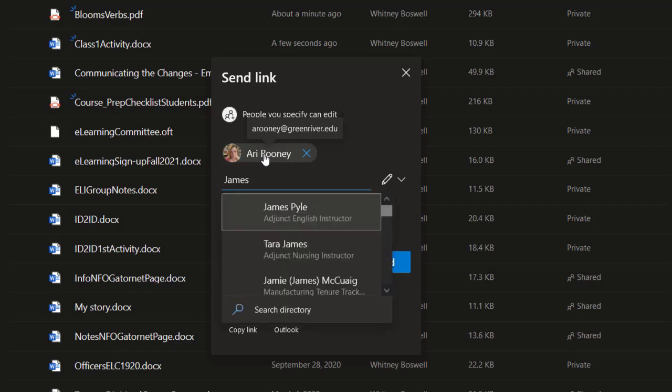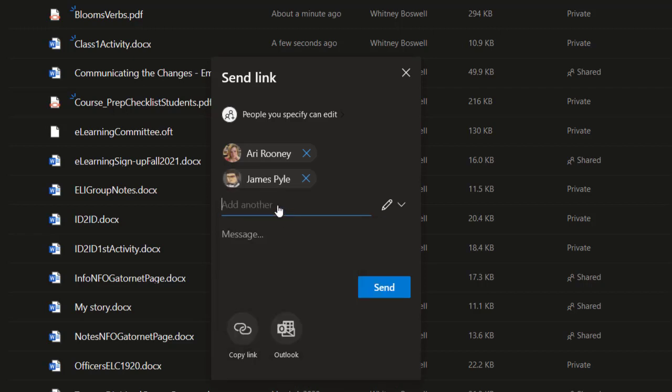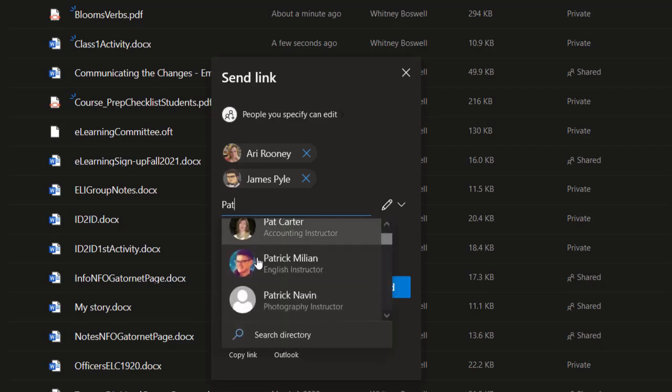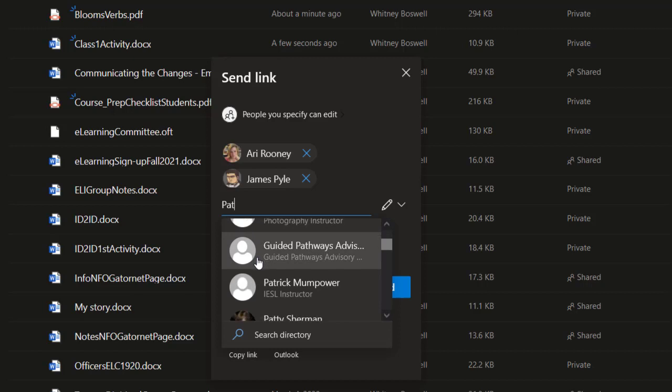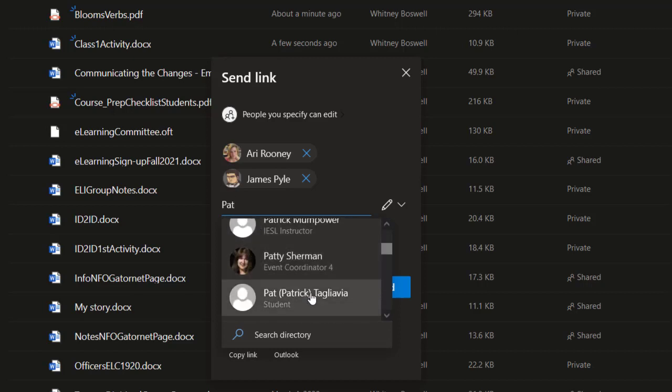So if I'm sending it to James, you can see he pops right up, as well as other faculty and staff members. As a faculty member, I could also send it directly to students. So if I start typing the student's name, I can actually search through the directory and find the student that I would like to add.